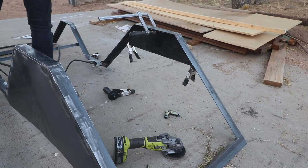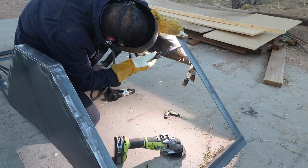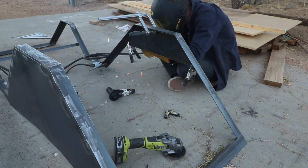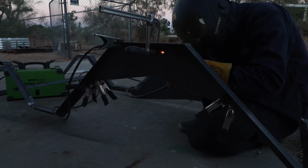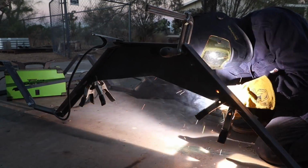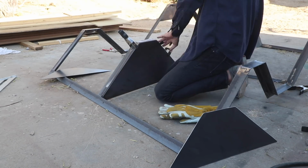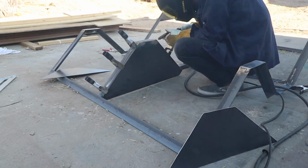Now the desktop went on top of the angle steel, but this footrest and support is going inside the angle steel. And the same goes for the top shelves as well. I was able to cut all 6 of these shelves and supports out of a single 4-foot by 4-foot sheet